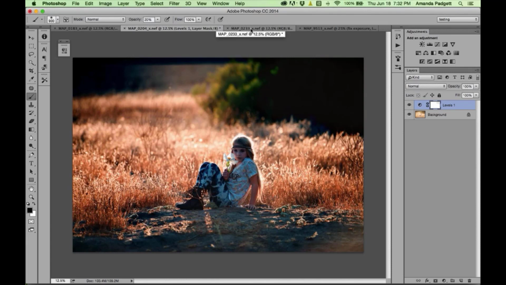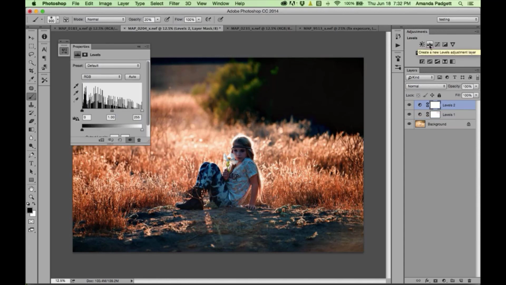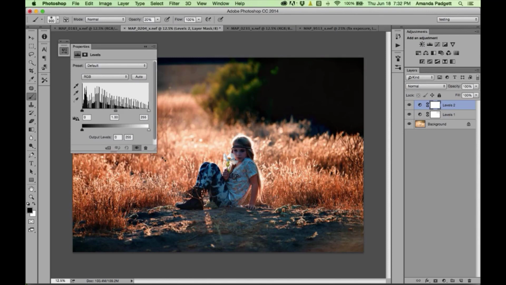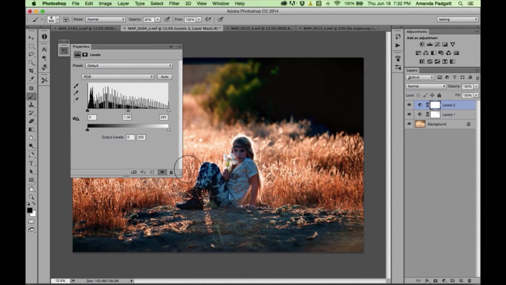If that makes sense. Okay, now I want to work with curves. Before I do that, I do want to show you something. The first time, if you have never done this before, you might want to do this. Either click on curves or levels. And this is on page 3 of the notes. If you're late coming in and you're wondering where the notes were, they're in the side panel for GoToWebinar. At the bottom, there's a section that says handouts, and the PDF is right there. So all you have to do is click and download, and it downloads it right where you are. Okay, so